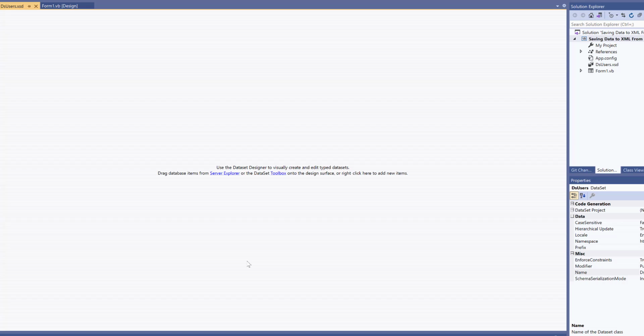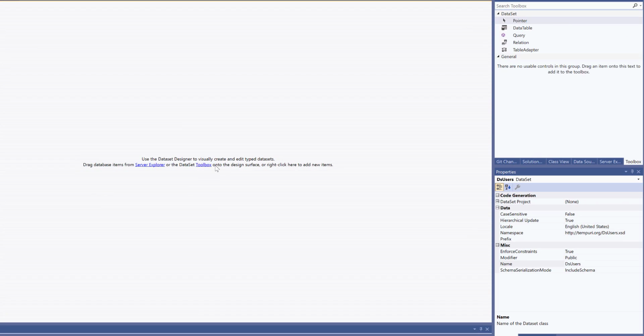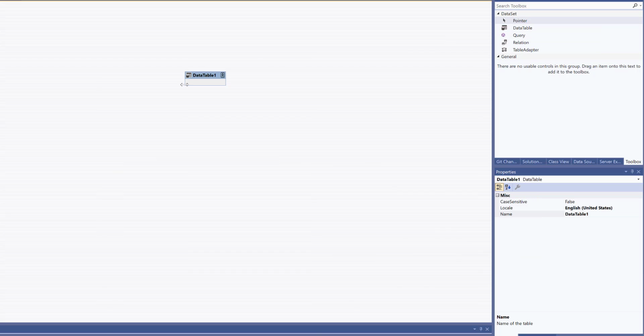So you notice that it opened up here and it just has a little notation. It says use the dataset designer to visually create and edit typed datasets. We can do this just by clicking on the toolbox. The toolbox will bring this little toolbox up on the right here, and we can take a data table and put a data table in. We're going to call this data table